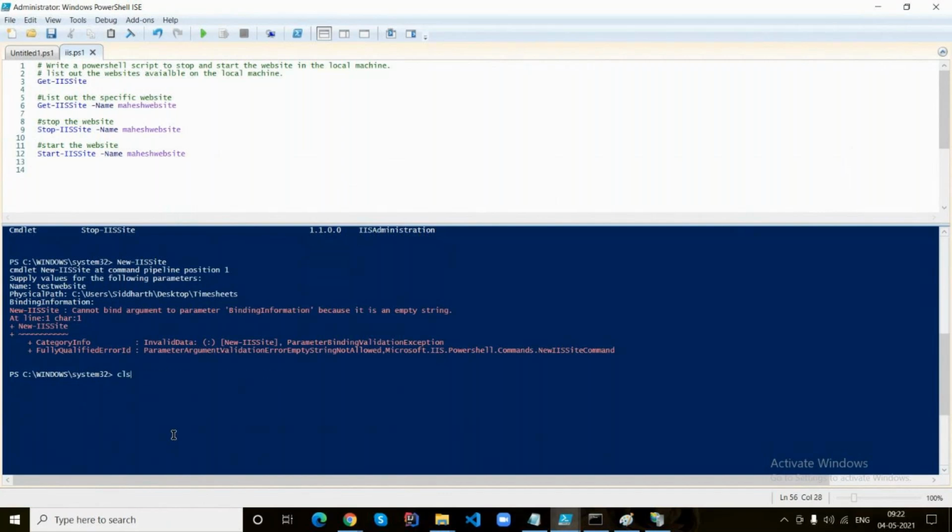Okay, let's execute Get-IISSite for a particular website. So what exactly are the bindings here? HTTP space star colon 80 colon, right? So that information we need to pass, like HTTP star colon 82 colon, because we cannot use the same port for multiple websites.